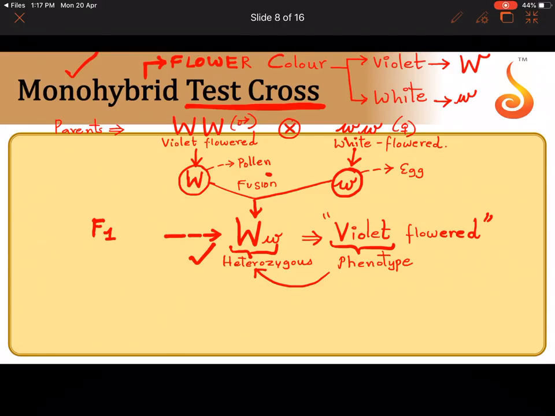But Mendel, imagine you are conducting an experiment. What I am doing here on this slide is theoretical. So theoretically I have written capital W, small w, you know that it is heterozygous. But Mendel did not know whether it is capital W, small w or capital W, capital W. So we have an F1 hybrid. The F1 hybrid is expressing violet here. What is violet? It is a dominant phenotype.